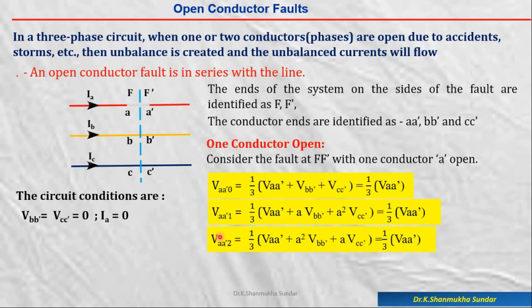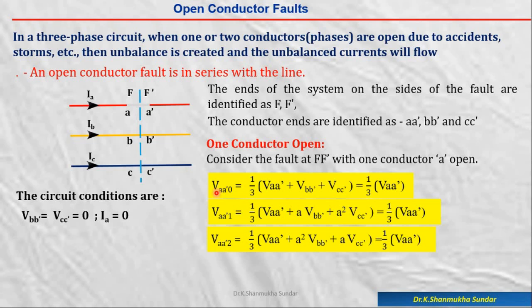Now can you tell me in which type of shunt faults the symmetrical components of voltages are the same? In shunt type faults there are three types: LG, LL, double LG. So out of these three, in which type of shunt fault did you get all the symmetrical components of voltages equal? It is in the double line to ground fault, isn't it? In the double line to ground fault, what we have obtained is that all these three are equal.